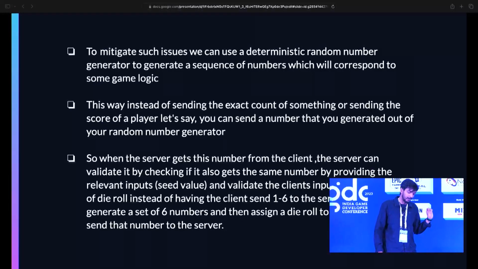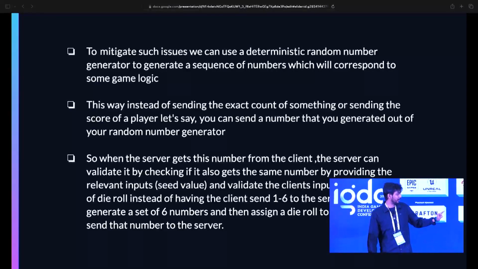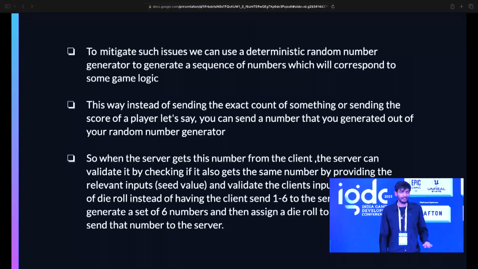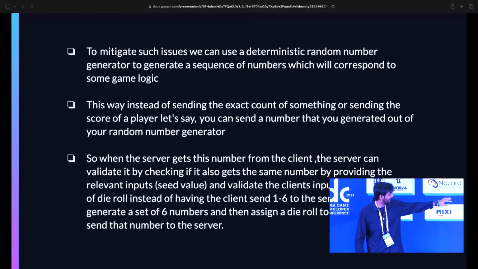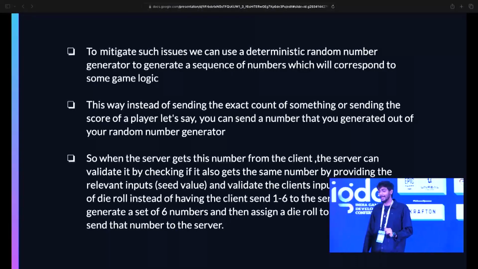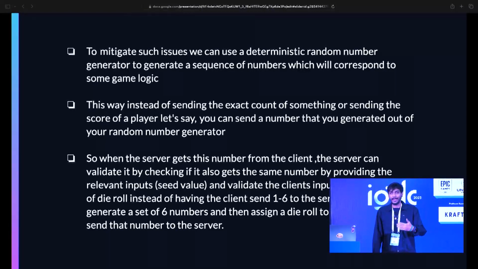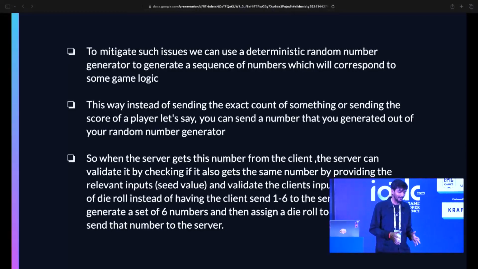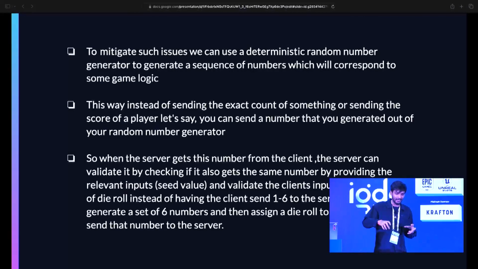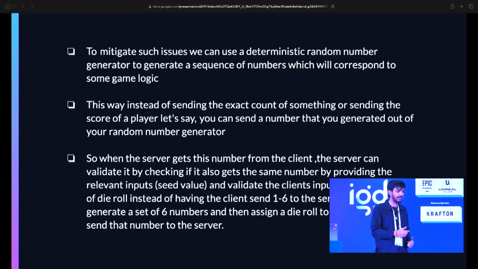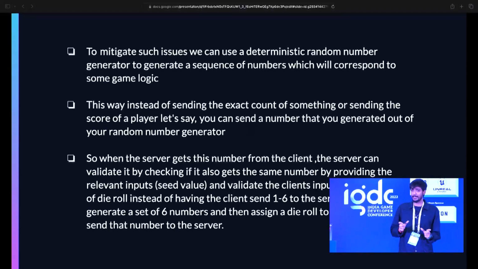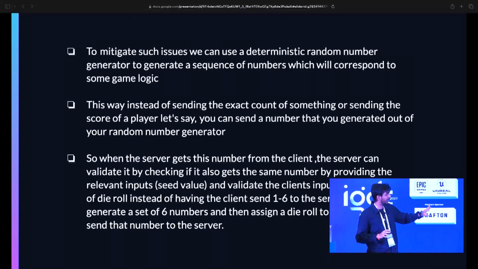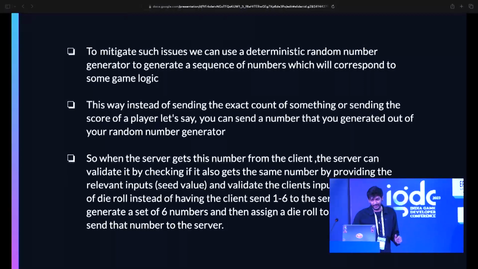On the server side, it's very important that you validate everything, right? So with a deterministic random number, of course you need to validate all your requests, right? But you don't need to validate it to the core to a point where you question everything, right? What is the timestamp? Where did the packet come from? Is the value correct? Am I calculating it correctly? But instead of all of that, if you do have the generator, you can quickly validate, because